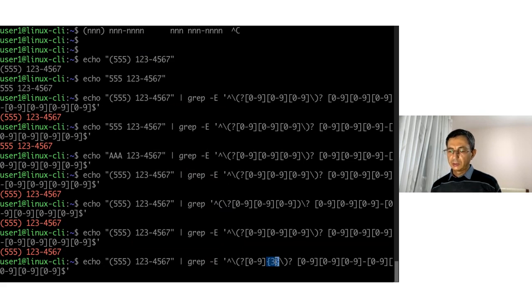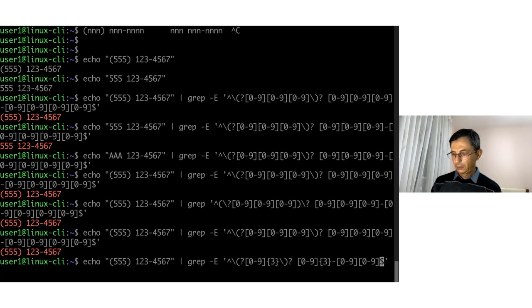So this number 3 shows the number of repetitions. So it is going to repeat the character in front of it, or the expression in front of it, 3 times. So we will have a match if the character in front of it is repeated 3 times. So if we have 3 digits, and we can do the same for the others as well. So 3 digits